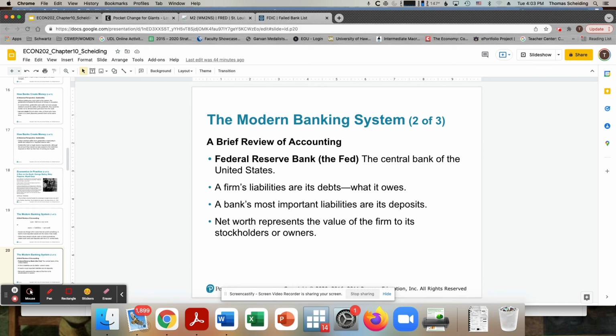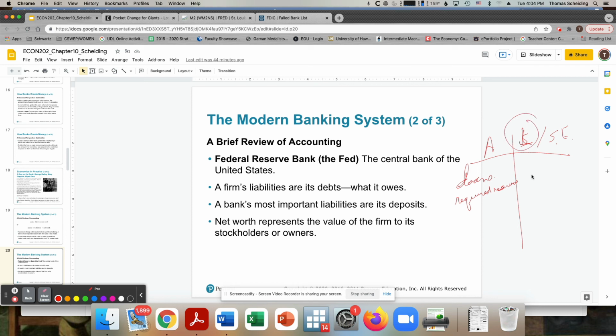For the central bank, or for any bank, we have assets on one side, and then we have liabilities and shareholder equity on the right hand side of the balance sheet. A big asset would be the loans. Another asset would be the required reserves it's holding in its bank vault.